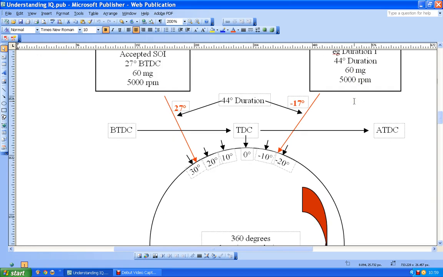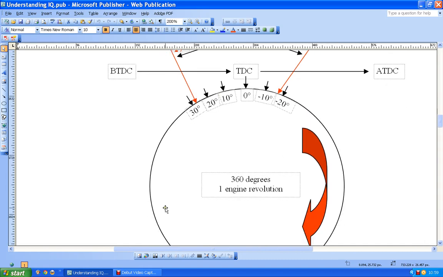And what I've done is I've produced a silly diagram here to try and put it a little bit more into perspective. This circle is the 360 degrees that one engine revolution will take. In other words, the piston will imaginarily start up here at naught and then go round the engine, as if you could go round an engine, but come on, you know what I mean, and then back to naught again, and then round the engine and back to naught. But I'm only going once, so I've just got one revolution. So there we are, 360 degrees, one engine revolution.